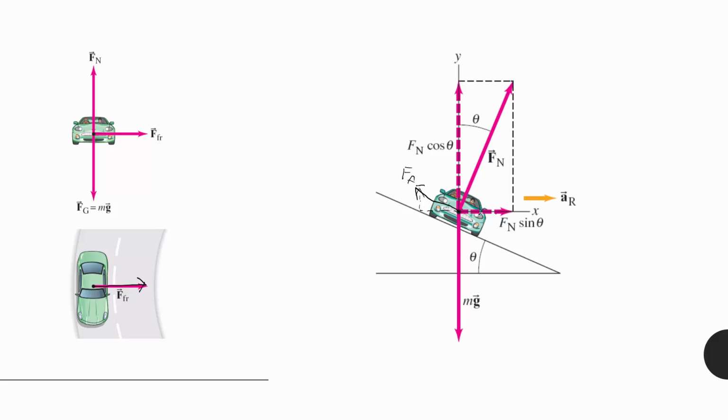But now as the car starts moving, you want a net force toward the center, just like you want an acceleration toward the center. So instead of having these balanced, friction is going to get smaller. This component is smaller, so it doesn't completely cancel out this part of the normal force. As you go faster, it will get smaller and smaller still, and you'll reach a certain location where there's no friction at all, and they call that the design speed of a road. The idea there is, even if you had your nice, smooth, frictionless piece of ice, you could still go around this road without flying off or sliding toward the middle